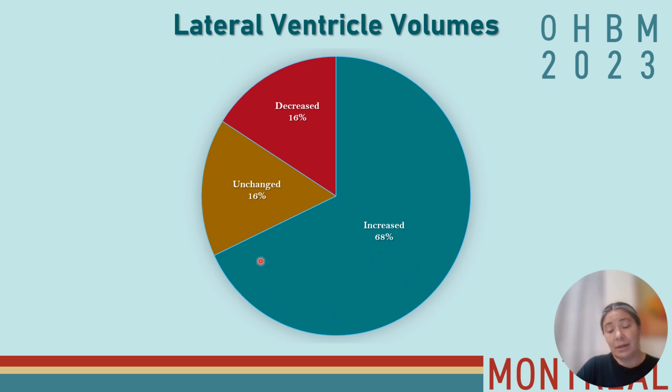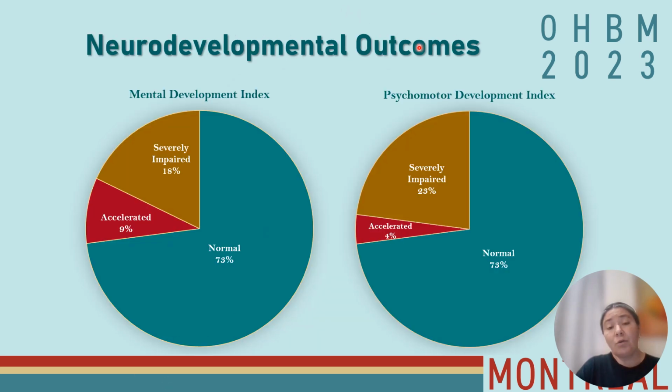In 68%, that is most of them, lateral ventricles volume increased. In 16% it was unchanged, and in the other 16% it was decreased. The neurodevelopmental outcomes, in the case of the MDI, or Mental Development Index, 73% were normal and 9% had an accelerated Mental Development Index, which makes up for a total of 82% with a good or adequate mental development, but 18% were severely impaired. In the case of Psychomotor Development Index, 73% had normal and 4% accelerated, with a total of 77% of infants with an adequate psychomotor development, but 23% had severely